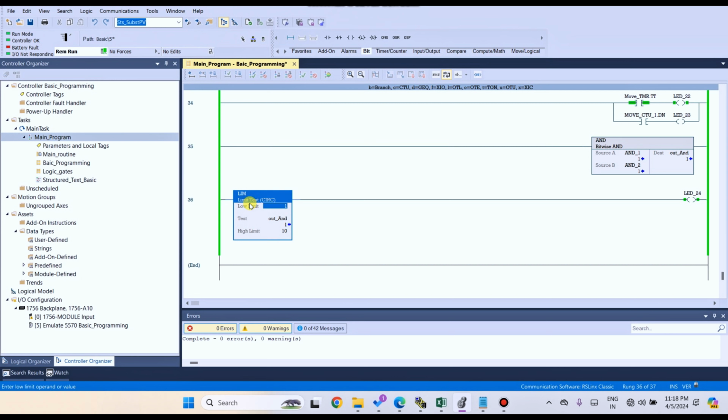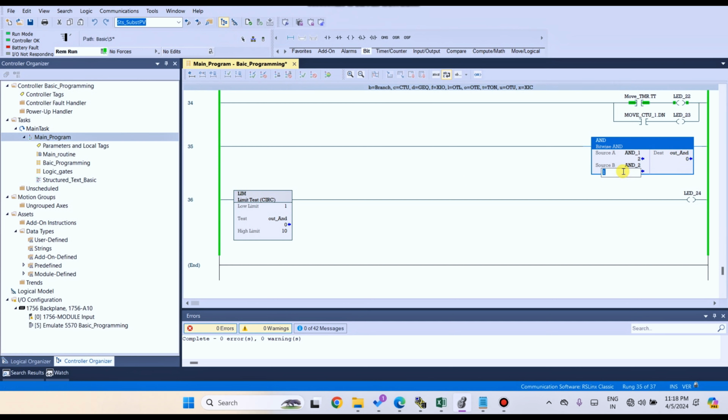So let's see here, limit 1 to 10. What does limit 1 to 10 mean? Why did I take limit 10? The reason is that the AND gate block is very interesting. In the AND gate block, if source A value is 2 and source B value is 1, what will happen? The destination, meaning the output, will be 0.